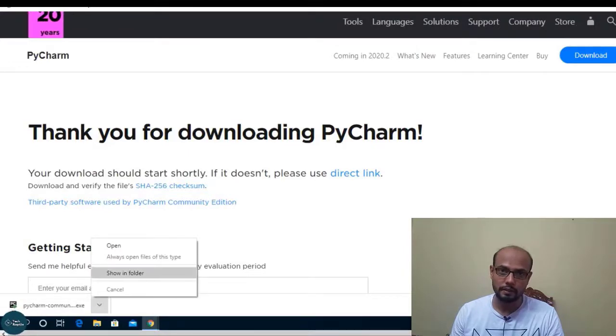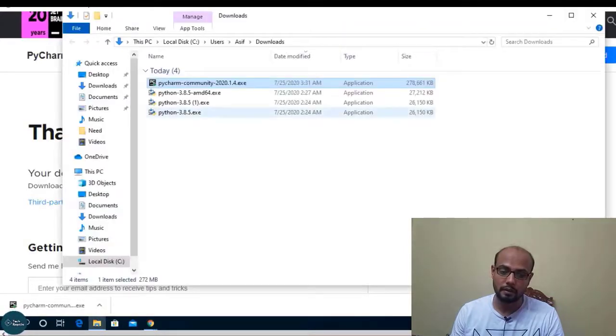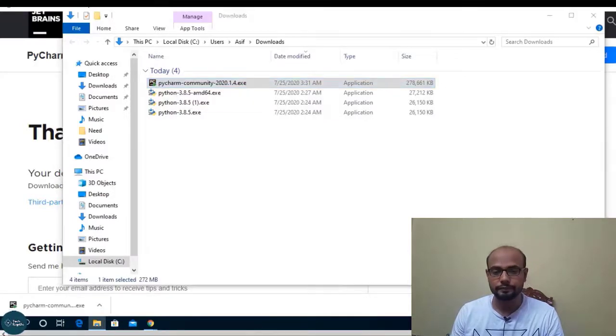The download is already completed. I need to go to the folder where PyCharm was downloaded. Here is the exe file for PyCharm. I will just double click on it to install on my computer.